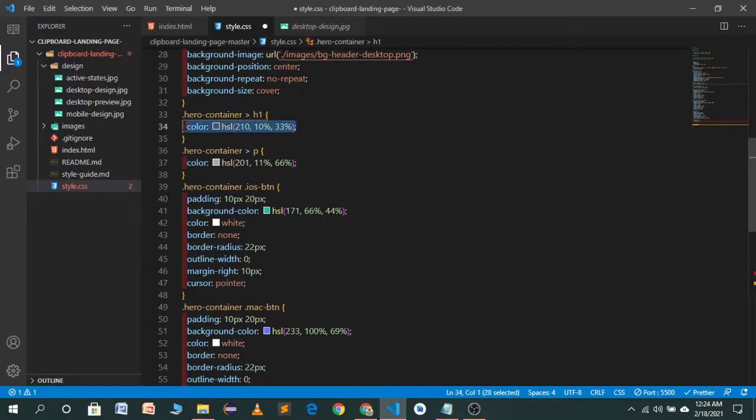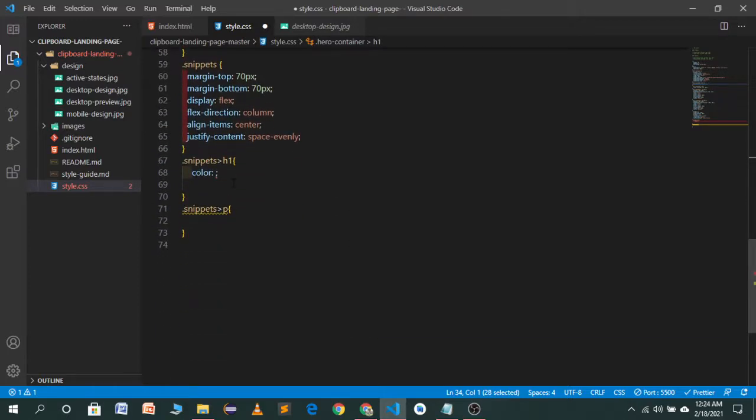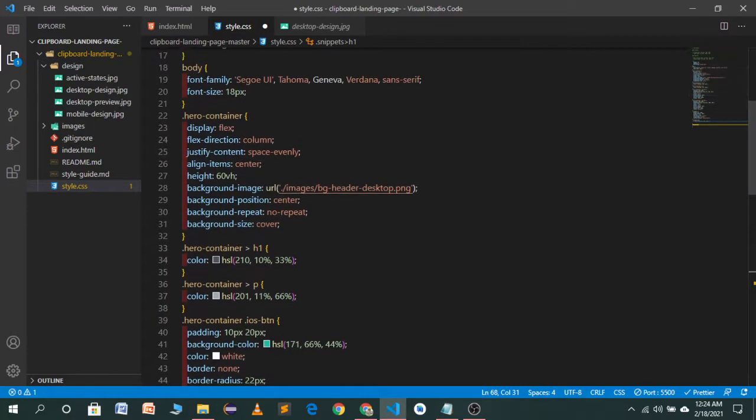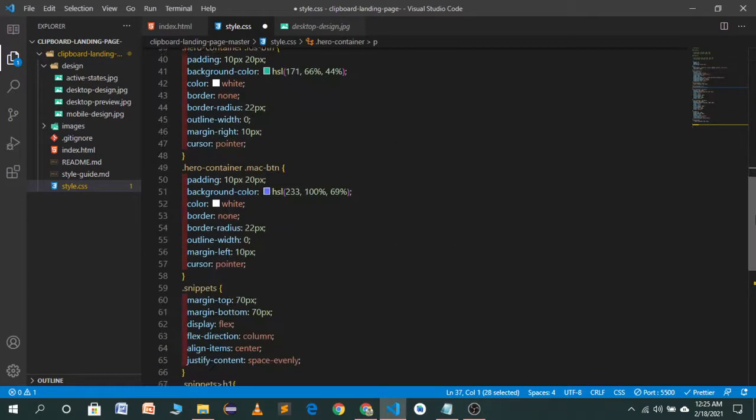The color will be this one for the heading, and where is the paragraph? This is the color for our paragraph.